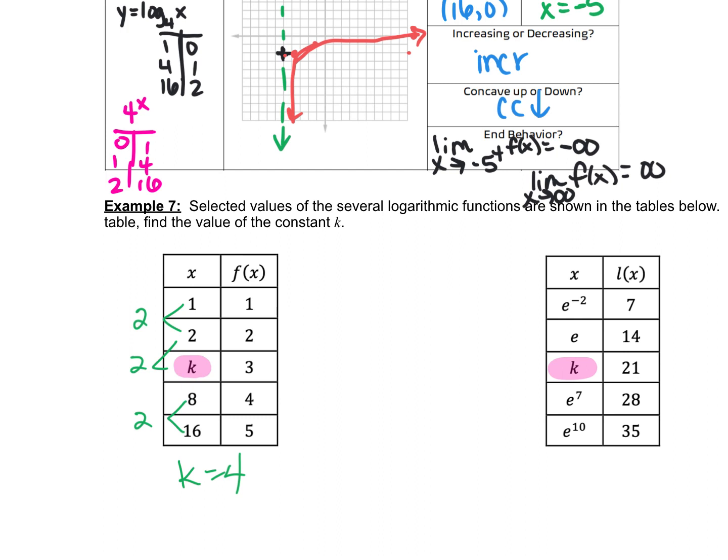I want to know, what am I multiplying e to the 7th by to get e to the 10th? E to the 3rd. Okay, so let's see if that holds true. If I take e to the negative 2nd times e to the 3rd, do I get a plain old e? Indeed I do. Negative 2 plus 3 would be e to the 1st. And so to get the k that I'm looking for,